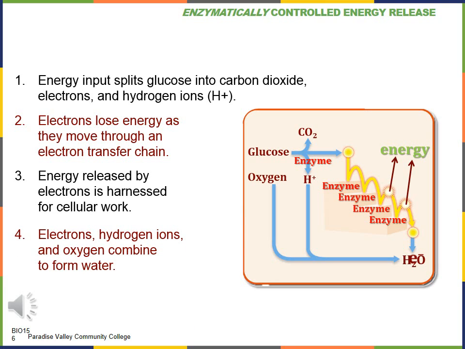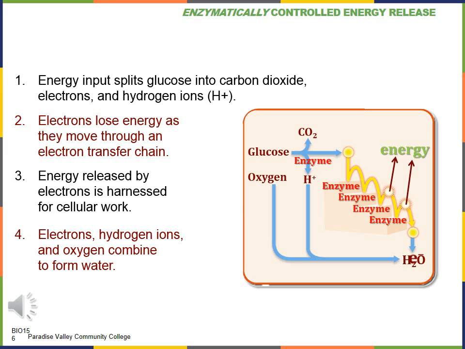Okay, here is a depiction of an electron transport chain, which I think makes a little bit more sense. Mostly I want you to focus on the little stair step thing happening here, but we'll back up a little bit and we'll start with glucose. Glucose is going to utilize an enzyme to get rid of carbon dioxide and some hydrogen ions. The hydrogen ions will help form water at the end of the staircase thing. But the glucose will, once the CO2 and the hydrogen are removed, you're going to have electrons that are going to enter